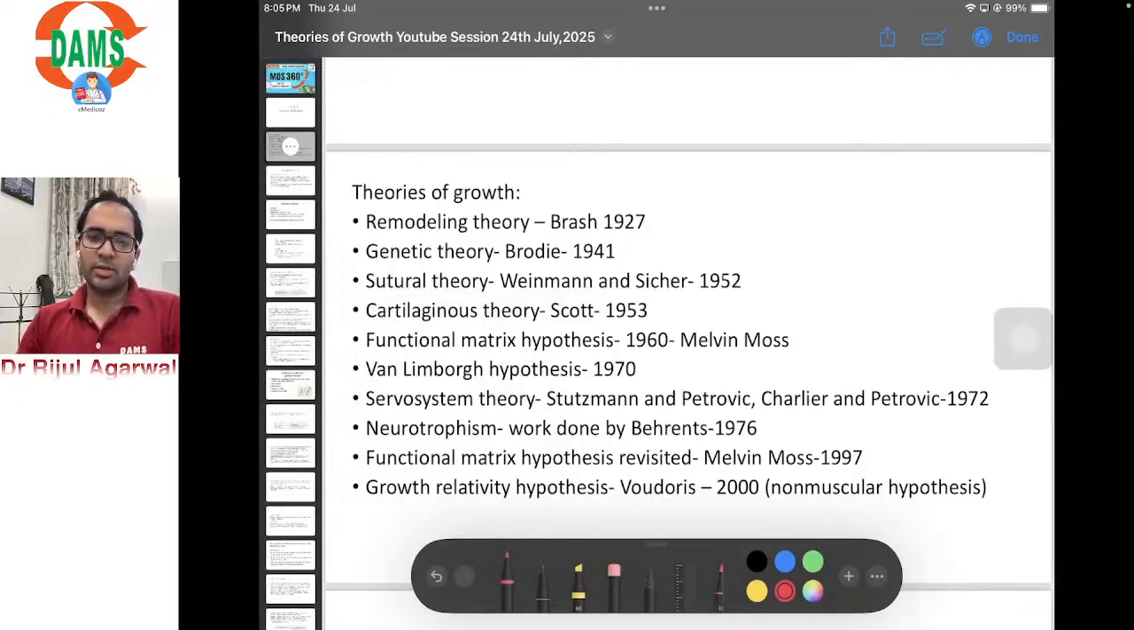So first is a summary of all the theories of the craniofacial growth, beginning with the remodeling theory given by Brash, genetic theory, the sutural dominance theory, the cartilaginous theory, the functional matrix hypothesis, the very important one, Van Limborgh hypothesis, the servo system theory, neurotropism, the functional matrix hypothesis revisited, and lastly the growth relativity hypothesis given by John C. Woodhouse. Okay, the ones where I put the red mark, these are the really important